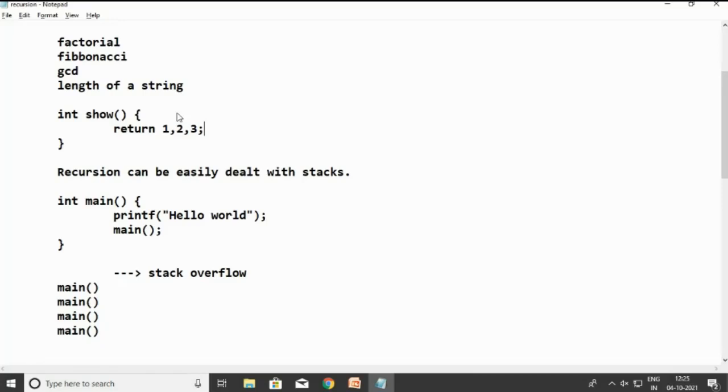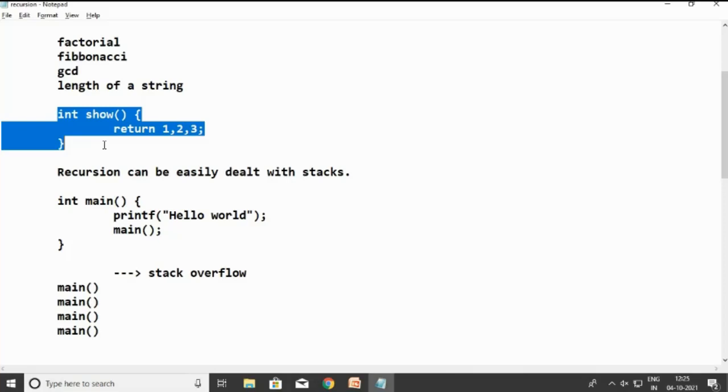Whenever you call a function, or call a function recursively, the return statement itself will use the stack. This program will not give you any compiler error; it will run successfully. Whenever you call show, with return 1, 2, 3, 1 is first entered into the stack, then 2, 3. Whatever is on top of the stack will be printed onto the screen.